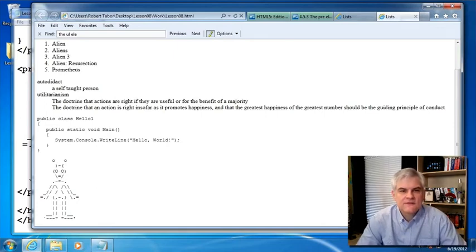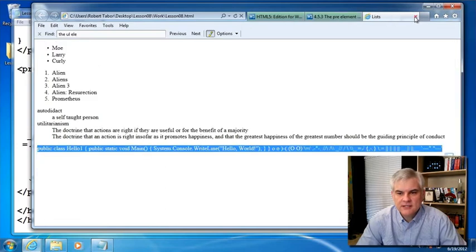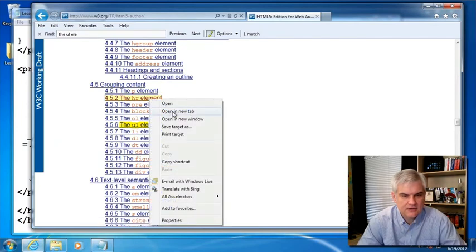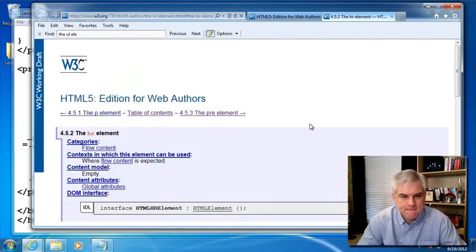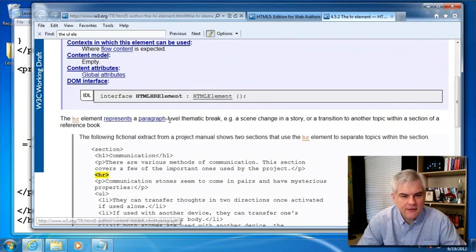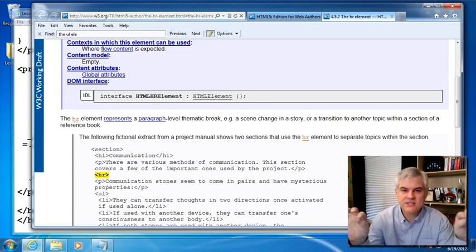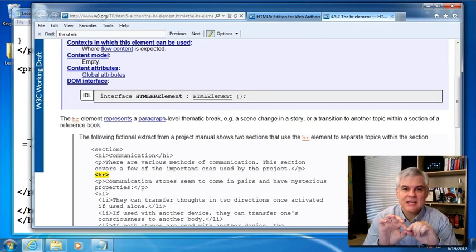Okay, so finally, let's talk about the HR element. Let's close all this down. And you can see that's another one of these items in the grouping content list here. And the HR element represents a paragraph level thematic break. For example, a scene change in a story or a transition to another topic within a section of a reference book. All right, so it derives its name from a horizontal rule, HR, which indicates presentation, but it has been